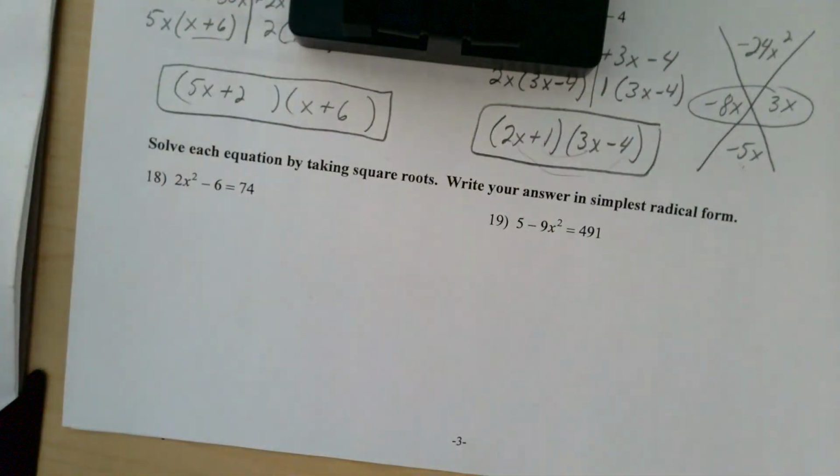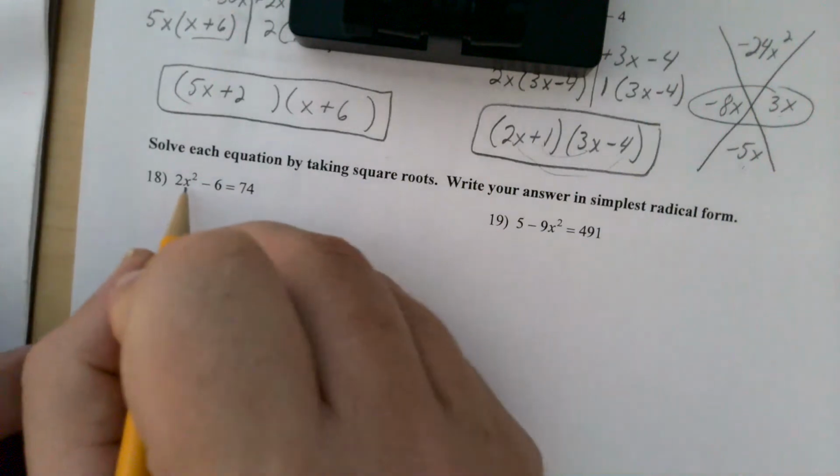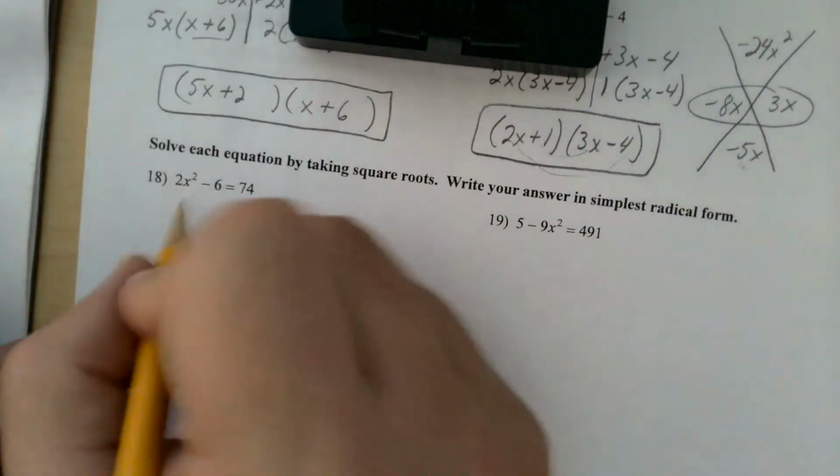We're almost at the 30-minute mark, but we would still have 10 minutes left if this was an actual quiz. But again, my actual quiz is not near this long. So we have a problem where we're told to solve by square root. Again, we could use the quadratic formula, but it's actually so much easier since we only have an x squared term to simply